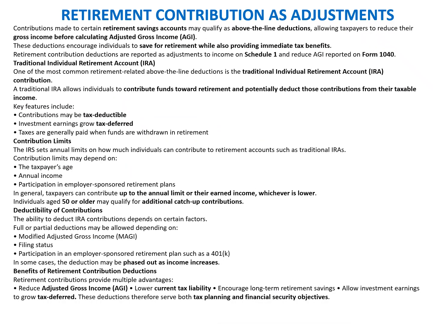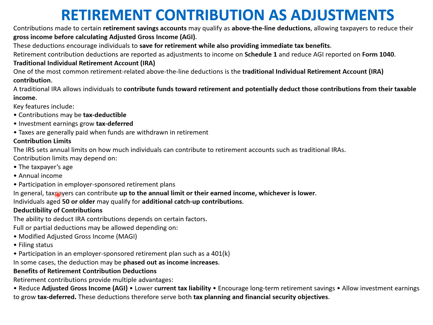Second is the retirement contribution as an adjustment. Contributions made to certain retirement savings qualify for deduction, like contributions to a traditional individual retirement account. A traditional IRA allows an individual to contribute funds toward retirement and potentially deduct the contribution from taxable income. So contributions are tax deductible, and investment earnings grow tax deferred. At maturity the tax has to be paid, because the initial contribution was adjusted